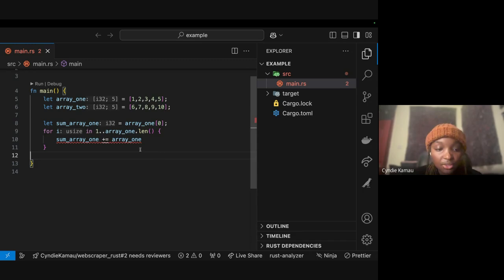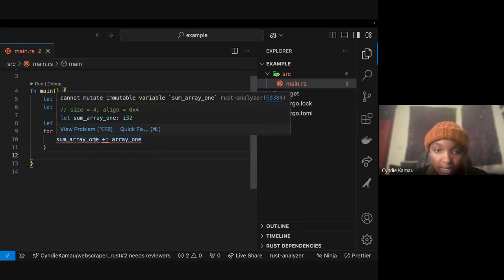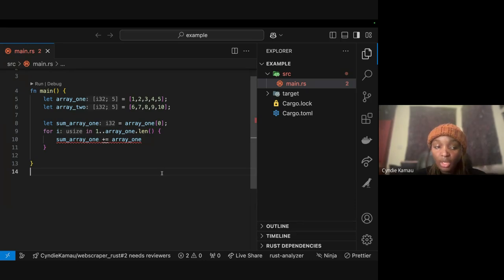So if I want to change, let's go back to the error. It's saying my variable sum array 1 is immutable. You can see I'm trying to add everything here because I've initialized it to 0, right? So for now the sum is 0. I want to add all these details and continue updating it, because we've started it with 0, right? I want to add and continue iterating upon it, but because it is immutable, it's throwing an error.